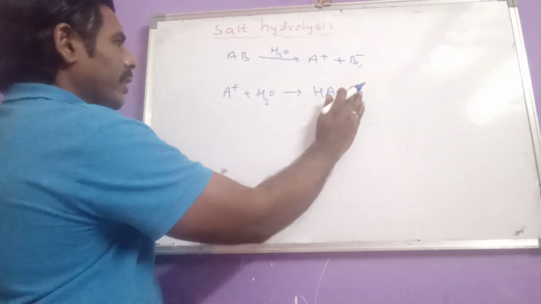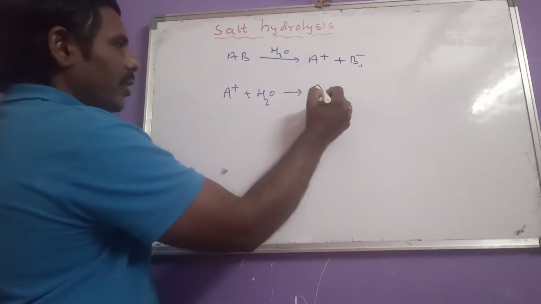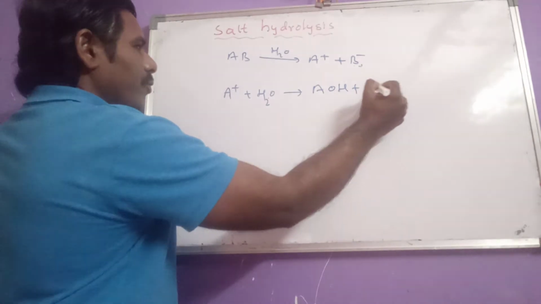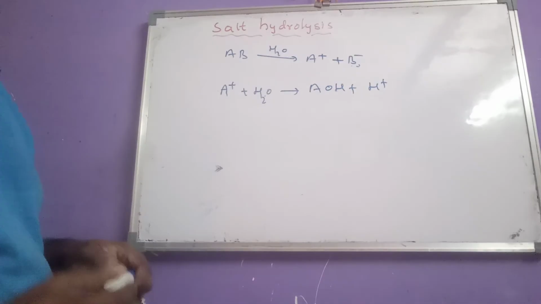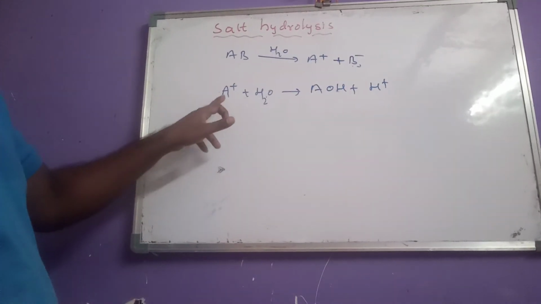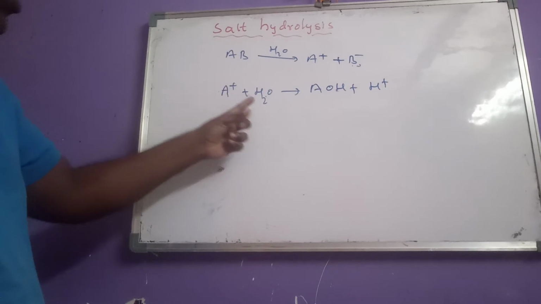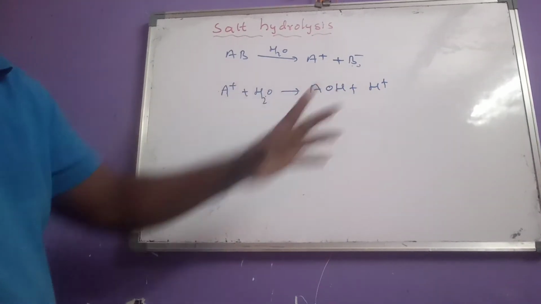A plus will react with OH minus, so we get AOH plus, and we can get H plus ions. That indicates that if the cation is stronger, it reacts with water and produces